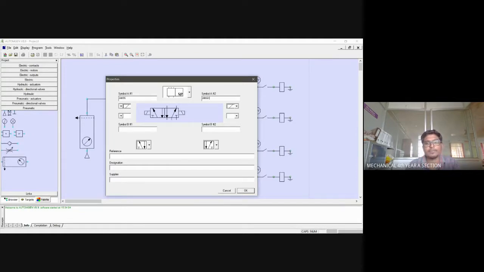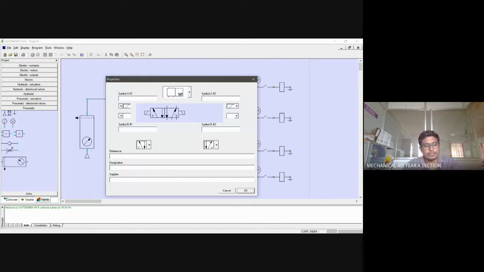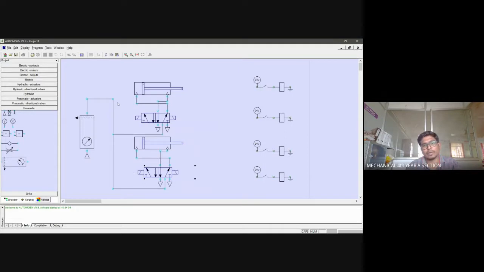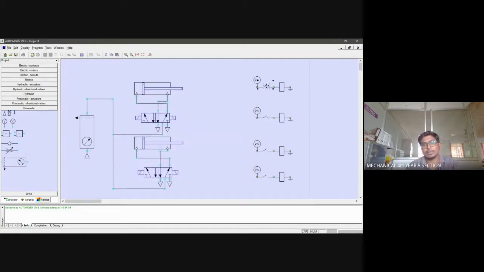In the case of direction control one, in the cylinder you represent it with A minus and A plus, whereas in direction control it has to be represented with A minimum and A maximum. The same thing has to be repeated in B also, so here it is B minimum and B maximum. I have given names to all the pneumatic tools that are available in this particular page. Here you can give names to your switches also.